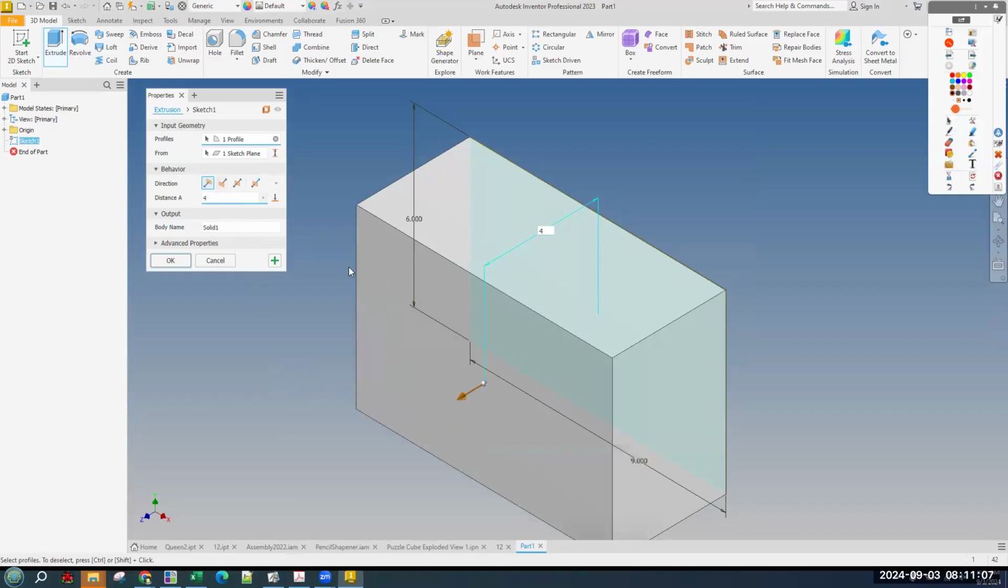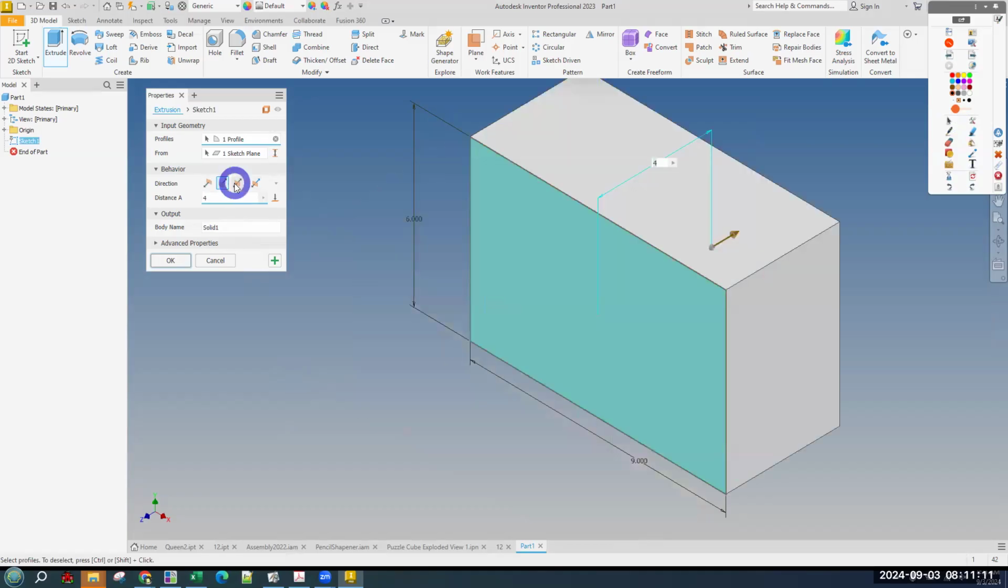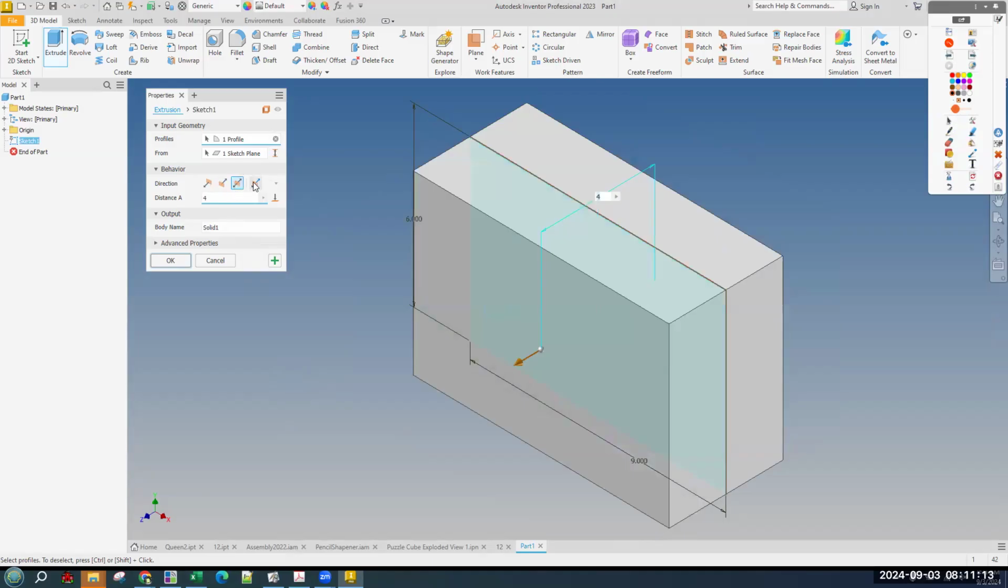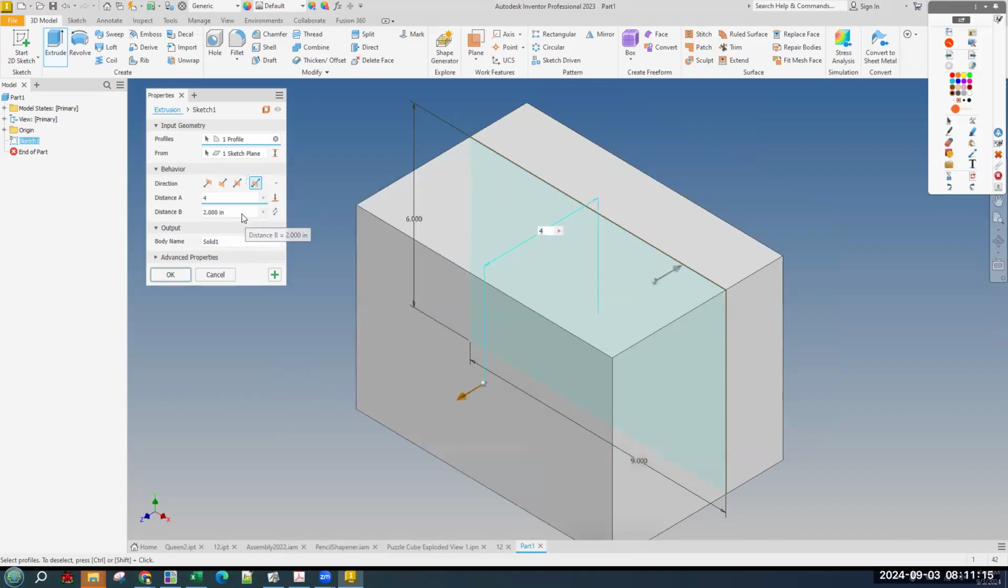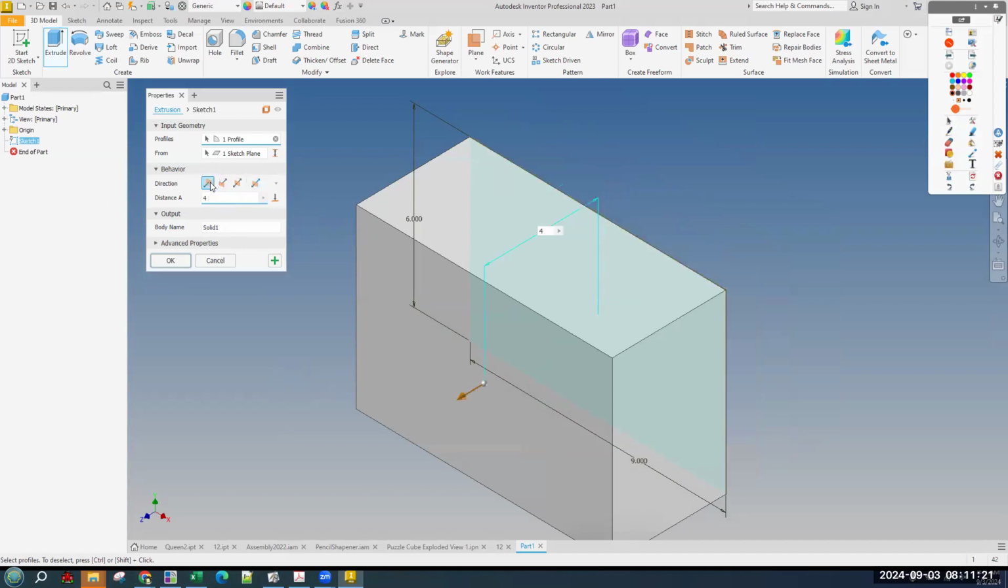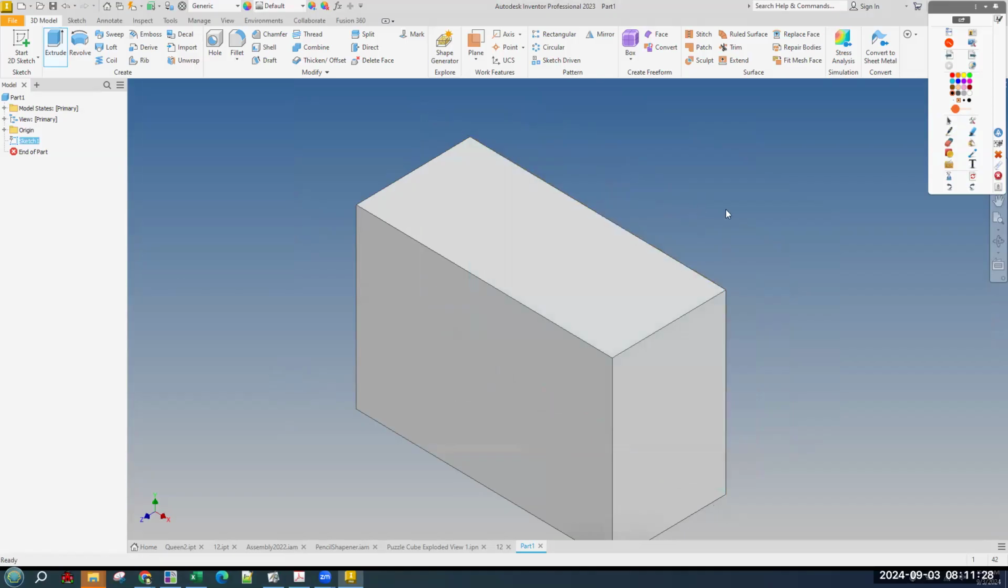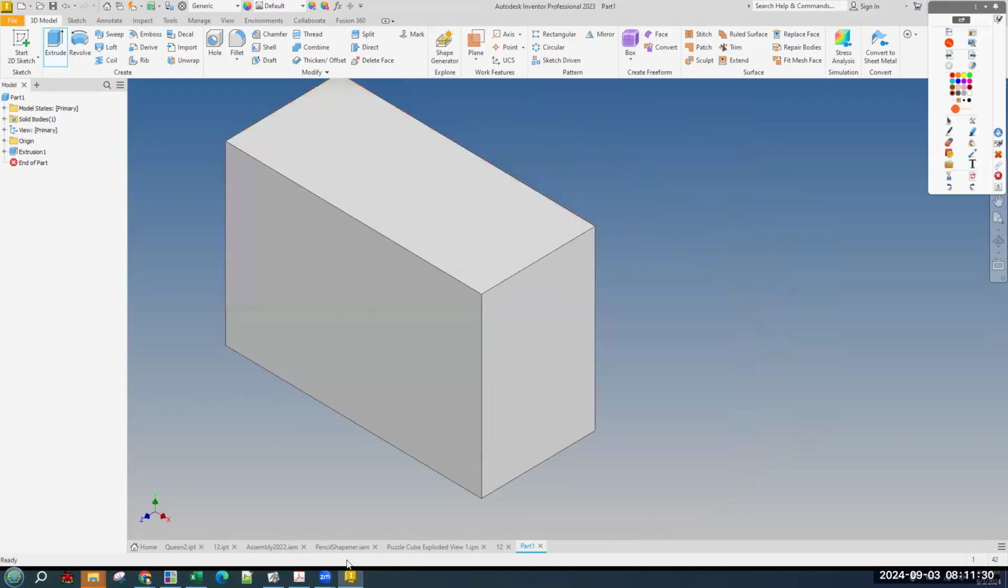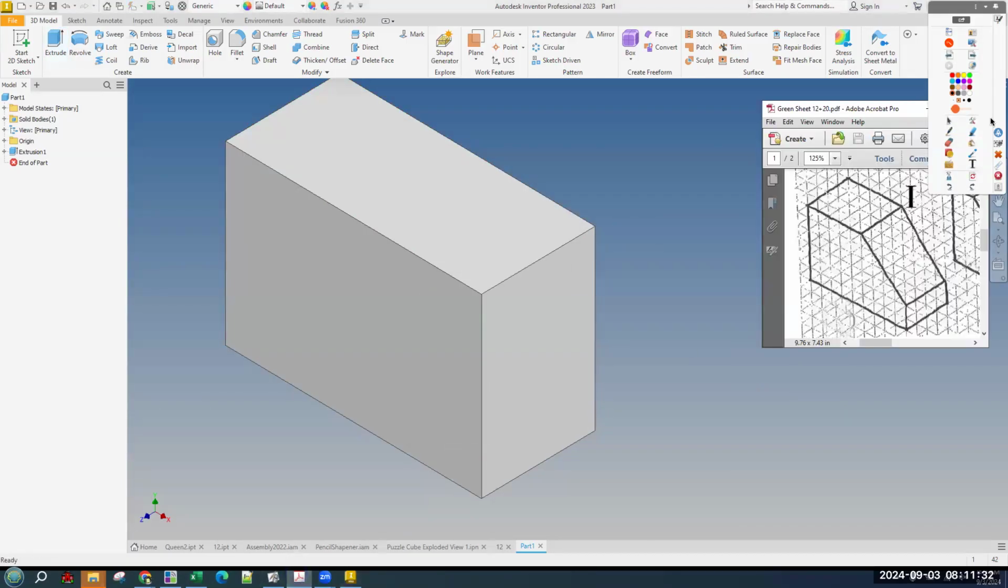We could have it coming towards us based on what we drew. We could have it going away from us based on what we drew, have it symmetrical based on what we drew, or asymmetrical, where it is some in one direction and the rest in the other direction. For this, just direction A is fine, and actually, really any of them, as long as the distance is 4 and we hit OK. Okay, so now we have our chunk of marble,